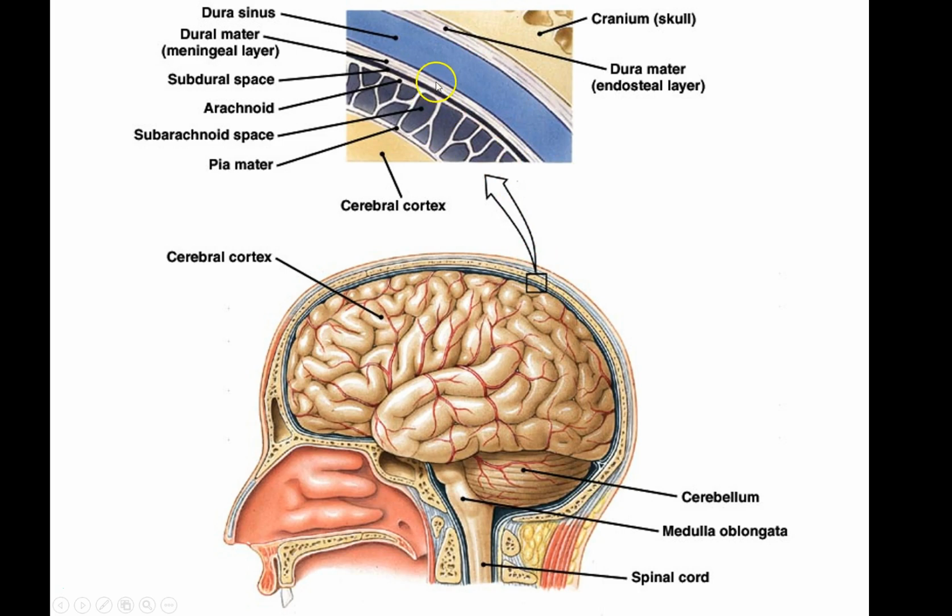Then between the bottom layer of the dura and the arachnoid layer, this black line here is the subdural space. This is the arachnoid mater with its little filamentous things coming off, supposed to look like a spider web. These spaces in here are part of the subarachnoid space where we find cerebral spinal fluid. And then here's the pia mater adhering to the brain itself. Okay? All right, so that takes us